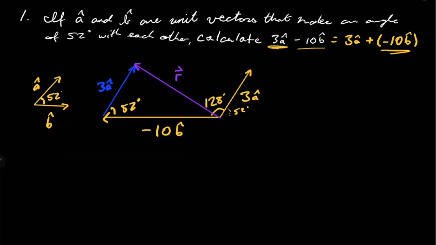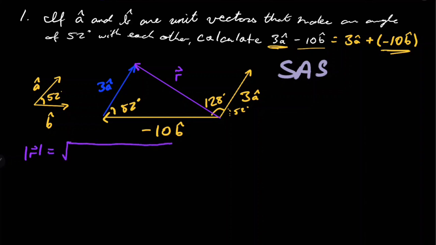And now I notice that I can use cosine law because I have a side, an angle, and a side. I'm going to erase that so you can still see my diagram. So when I have side, angle, side, I am able to use my cosine law. So I'm going to isolate my cosine law for the magnitude of R, my resultant vector, which will be the magnitude of R will be equal to the square root